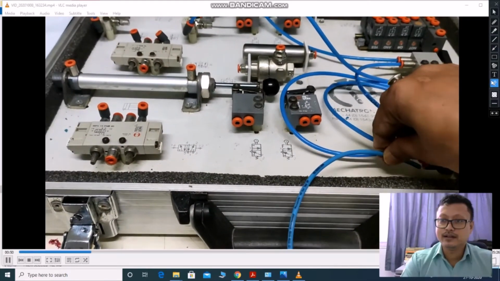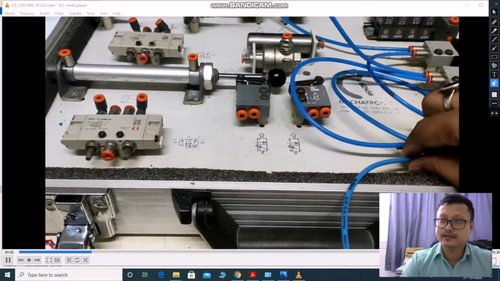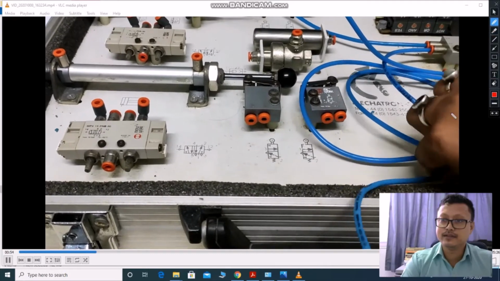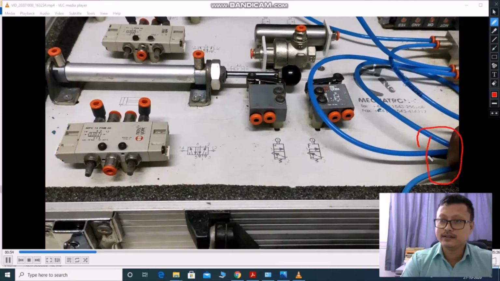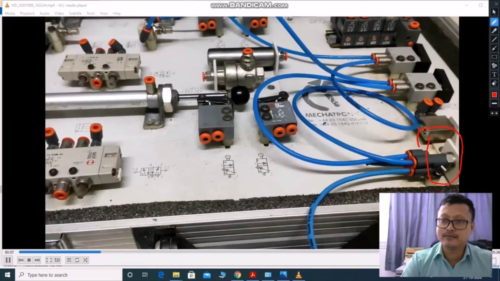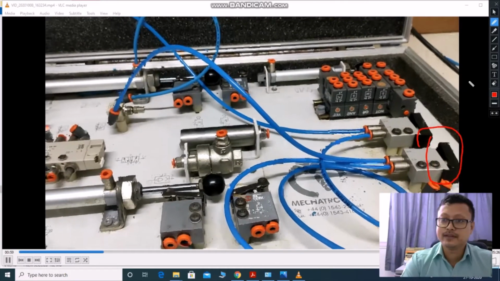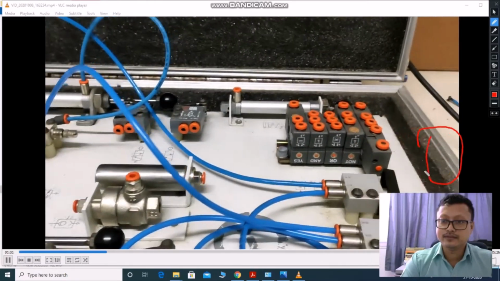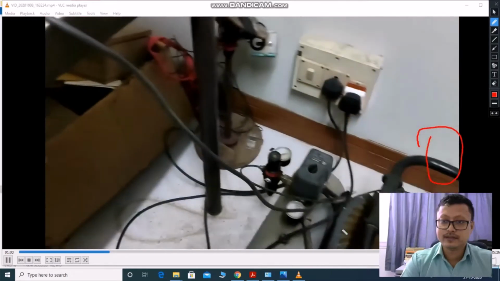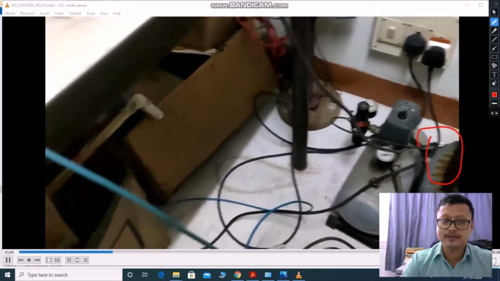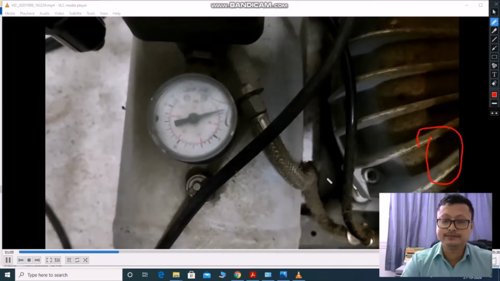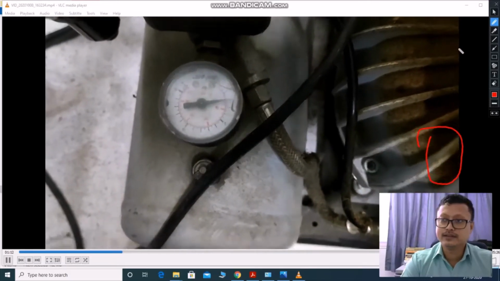Now the additional port of this hand slide valve, here it is, we block by using blocking pipes. Using this compressor, we give 4 bar pneumatic pressure to this pneumatic system.